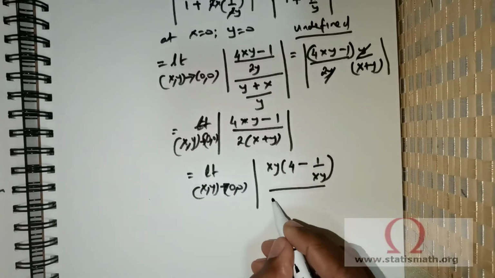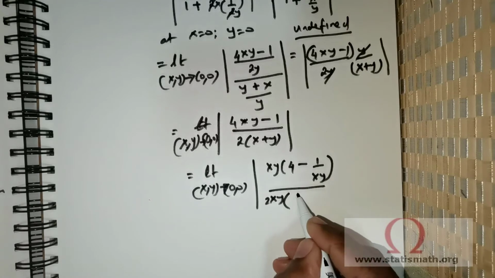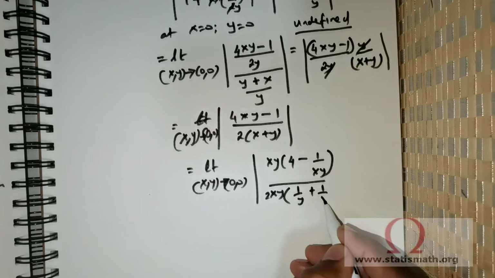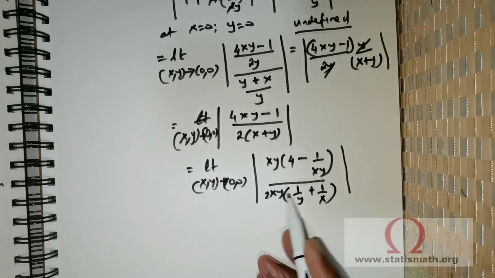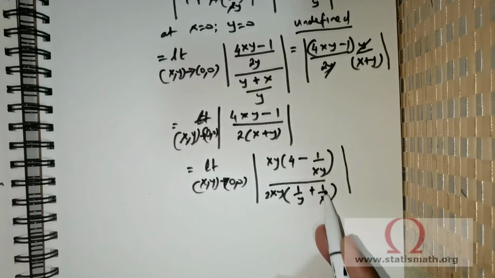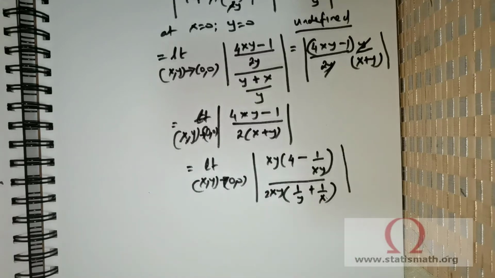now if I were to take xy out, of course the 2 is there. Now this quantity is going to be 1 over y plus 1 over x, with a modulus sign. Clearly, when you multiply xy inside, the y gets cancelled and you get x. When you multiply xy for this term, the x and x get cancelled and you get y. Now,